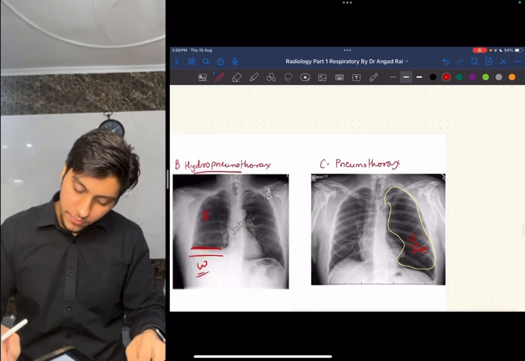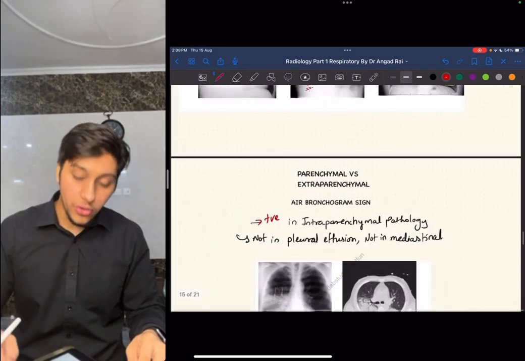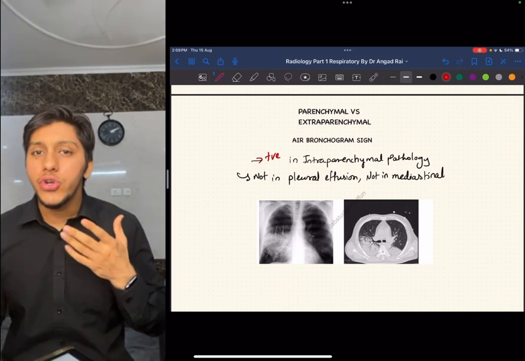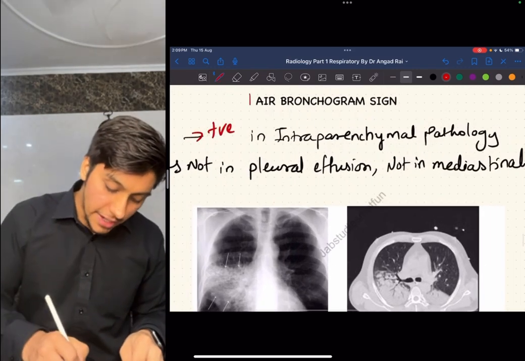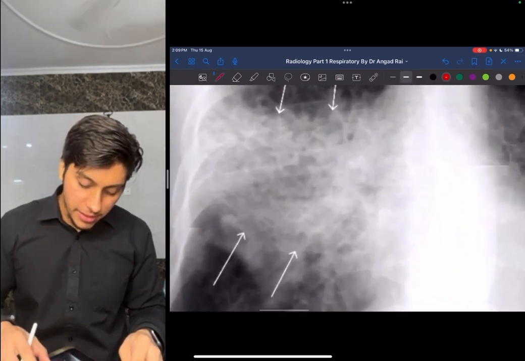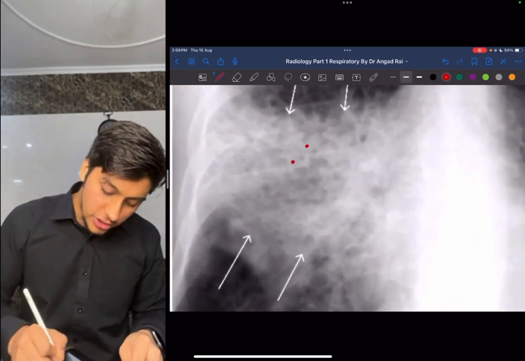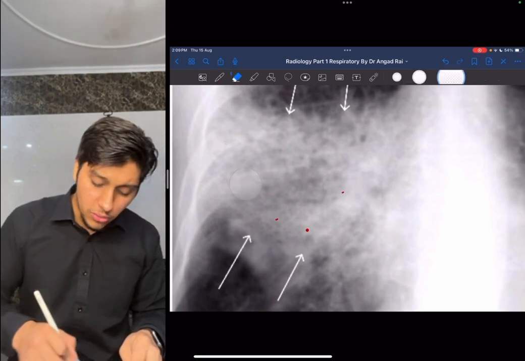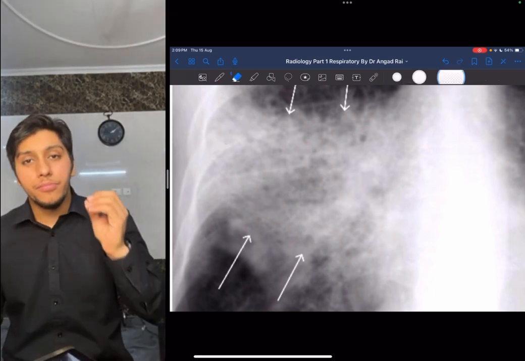Okay. Then guys, let us talk about what the difference is between parenchymal issues and extra parenchymal issues. How do you differentiate it? You do it with the help of a sign which is known as the air bronchogram sign. Now the air bronchogram sign is nothing but this. If you can see, there are multiple dots over here, right? This is basically because during involvement, for example in pneumonia, consolidation, something like this, the bronchus is not